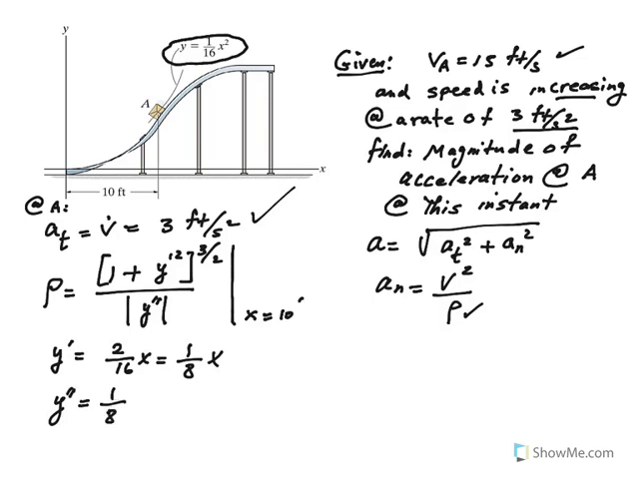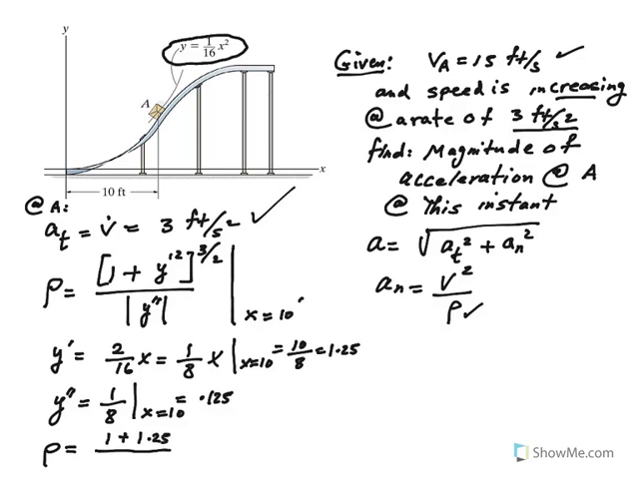If you go ahead and plug in for x equal 10, so you get 10/8, which is 1.25. And actually this guy, the y double prime, regardless of what x you have, is a constant, is 1/8, which is 0.125. Or you can just leave it as 1/8. So let's go ahead and plug in to this equation. Rho equal 1 plus y prime 1.25 squared raised to power 3/2 divided by 0.125, absolute value in this case